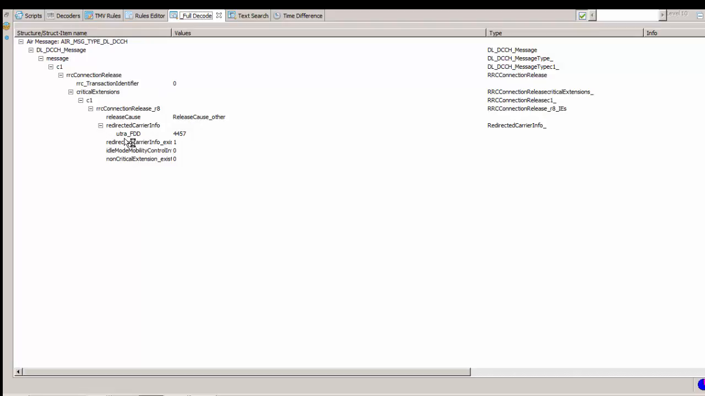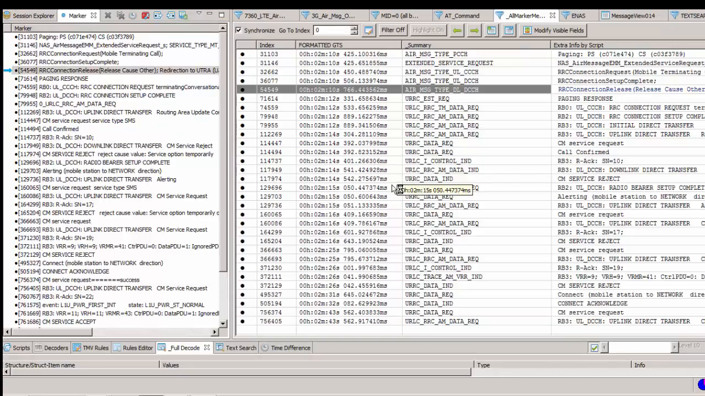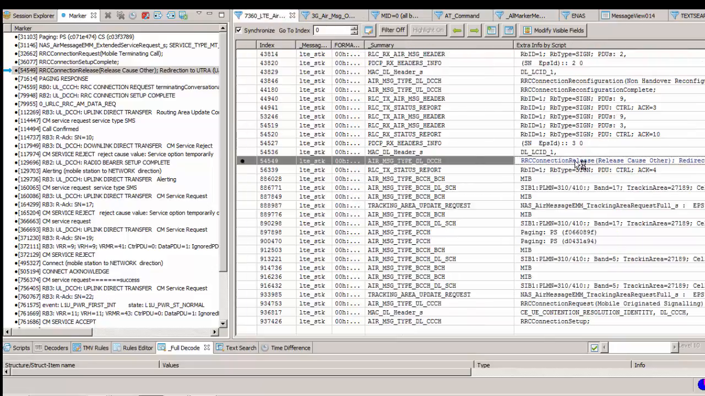with redirected carrier info with UTRA FDD. This is the redirected carrier information. That means the network gives the information to the UE to redirect to the UTRA frequency. After that the UE is moved from the LTE network. See here the LTE messages: RRC connection release, cause redirect to UTRA. After that it will move to the UTRA network, and in 3G it will give the response of